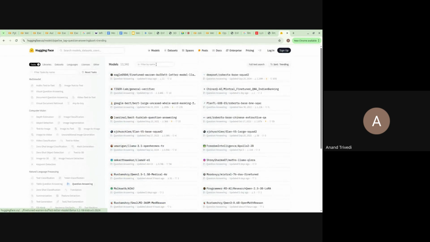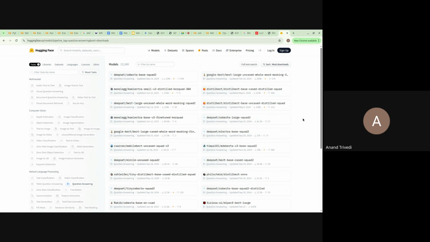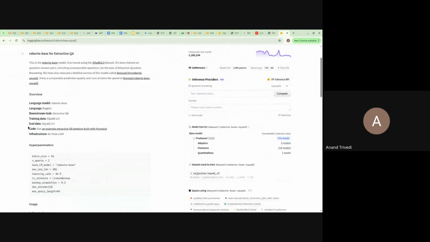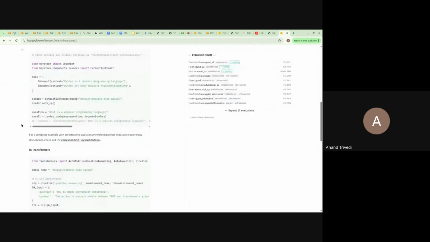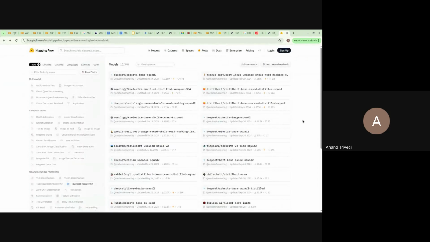Even if you want to find the Meta models, trending, most downloaded models. So DeepSet is one of the most downloaded models. It is not very discussed, but yes, it is used for RAG, that is Retrieval Augmented Generation, searching use case. It is a very favorite model. Google BERT, and DeepSet again.